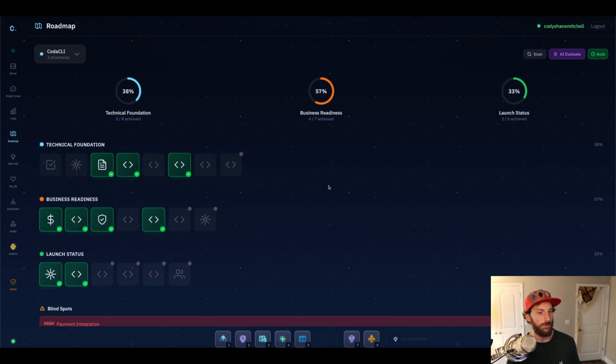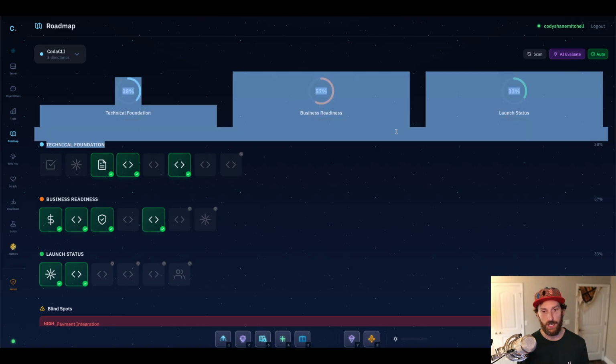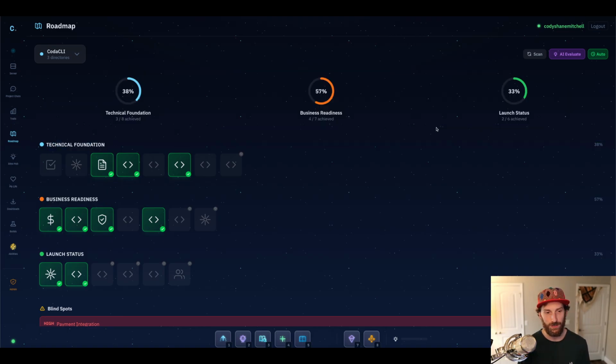So here we are in the roadmap area. This is another really interesting space, and I plan to build it out a little bit differently. I one-shotted this design, and I just haven't really looked at it since, to be honest. But it's really exciting because I need guardrails just as much as the agent does. A lot of times people are so focused on creating a harness for something, thinking that they're the all-knowing brain. It's important to realize that we need just as much help as the agent does, because we are just as